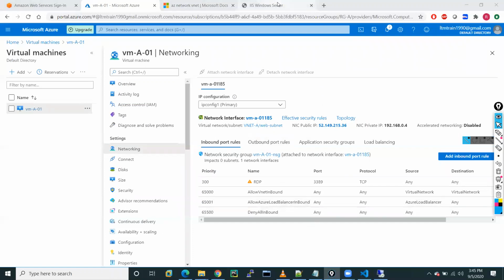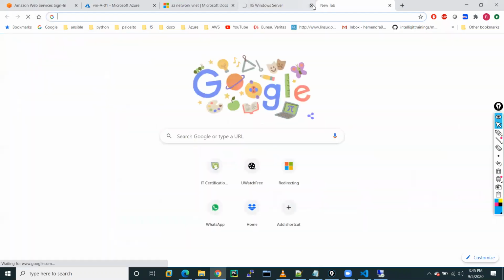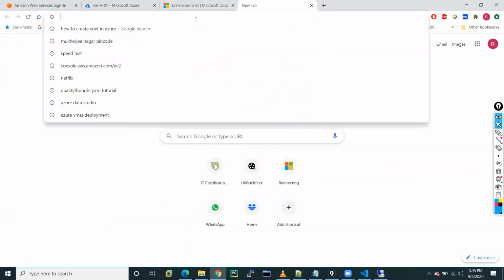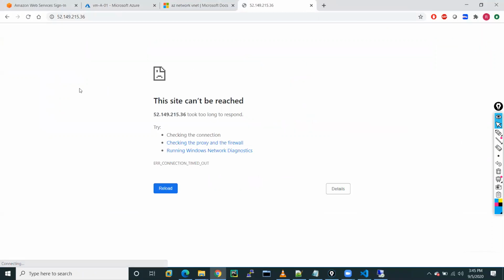Now if I try to access this time, maybe access will not work. Let me close this one and type this IP again. That's why when we define these rules, we have to be very careful. This is the basic thing only.